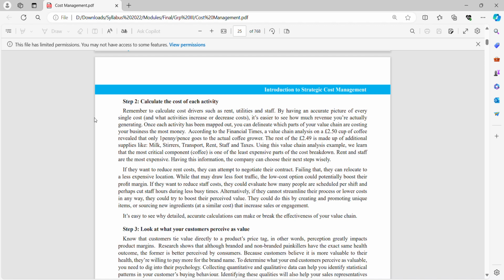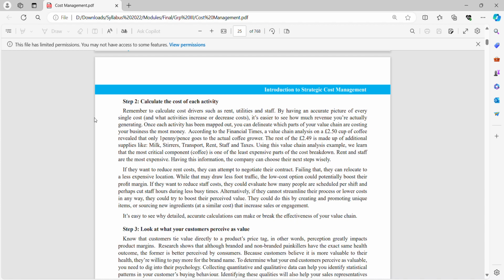the most money. According to the Financial Times, a value chain analysis on a $2.50 cup of coffee revealed that only one penny goes to the actual coffee grower. The rest of the $2.49 is made up of additional supplies like milk, stirrers, transport, rent, staff, and taxes. So here also they have taken an example. Using this value chain analysis example, we learn that the most critical component is one of the least expensive parts of